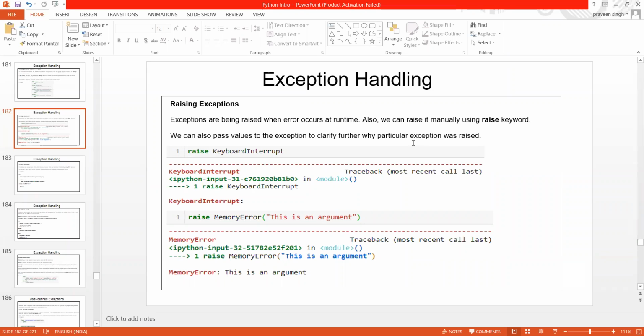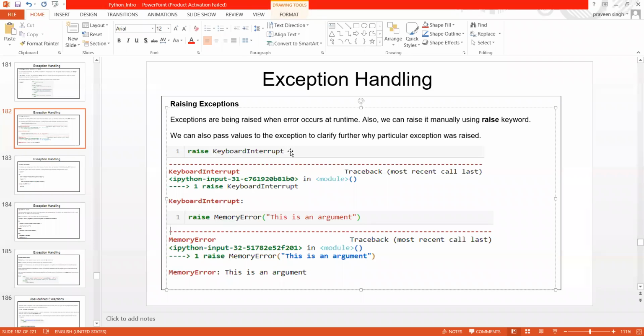When you run this raise MemoryError and pass this optional argument, you will see the difference between these two exceptions is nothing but the argument.